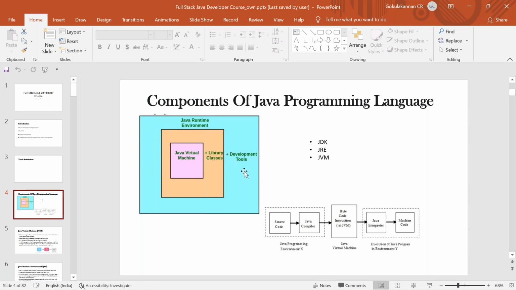As a developer, apart from the libraries specified here in the middle, I need some extra libraries and some extra support because I'm developing something. For an end user it is different, but if I'm going to develop something from scratch, I need some additional jars, additional files and classes. So the JDK is nothing but my JRE plus the development kit.